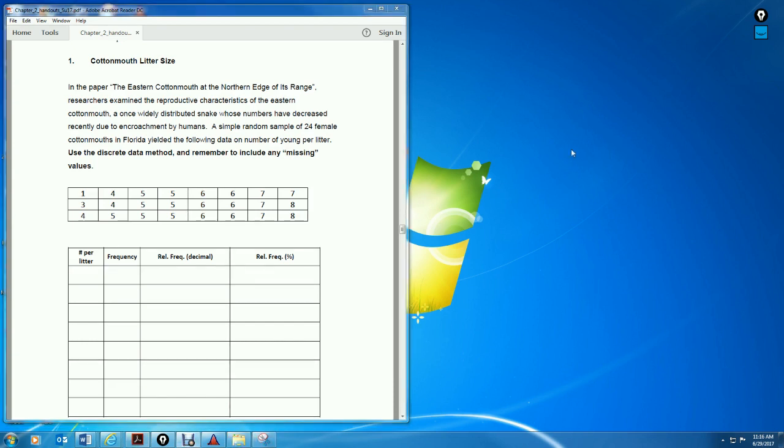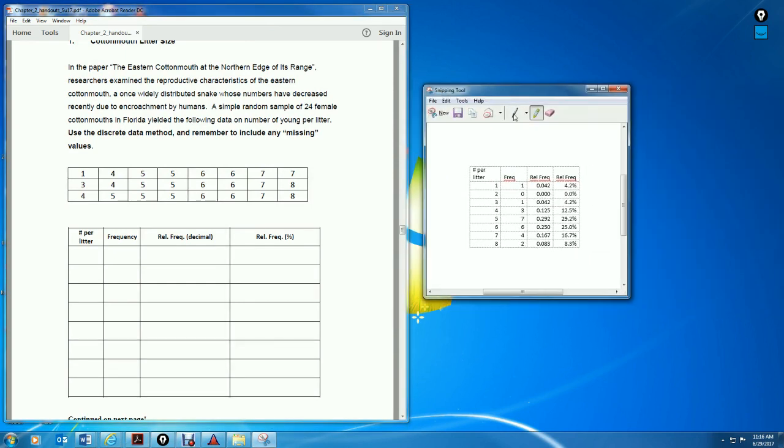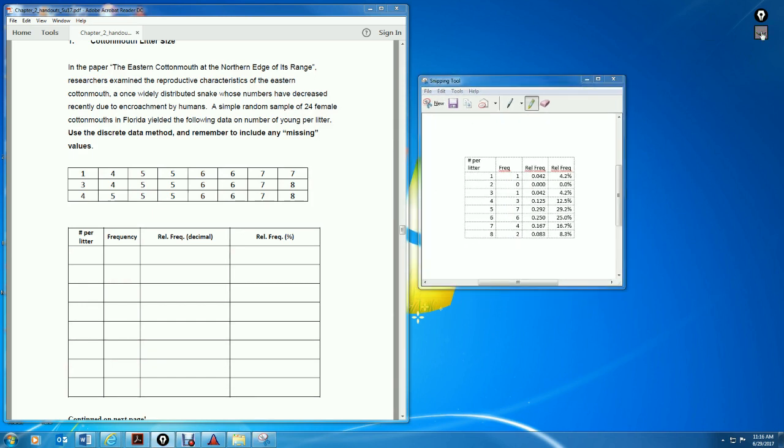All right, so let's go ahead and look at the first problem, the cottonmouth litter size. So let me just pull over my solutions for the table here. So the number of snakes in the litter went from 1 through 8. And then you just have to go through and count up the frequencies. And again, even though there were not any that had a litter size of 2, you still have to include that as one of your data categories. So your frequencies should be